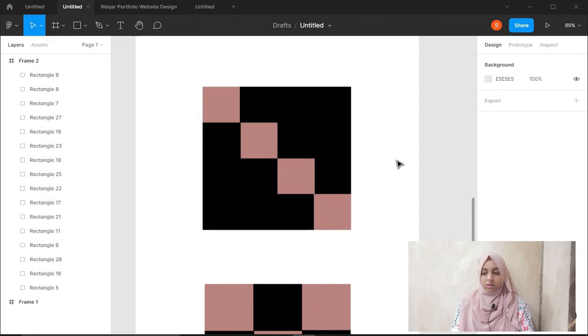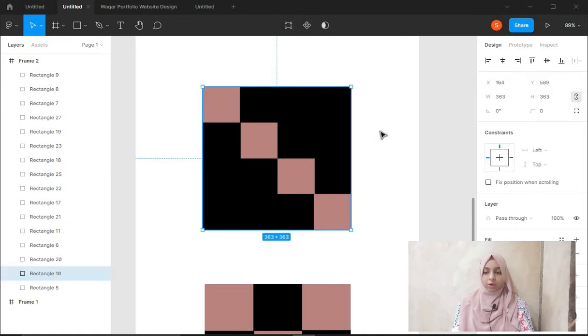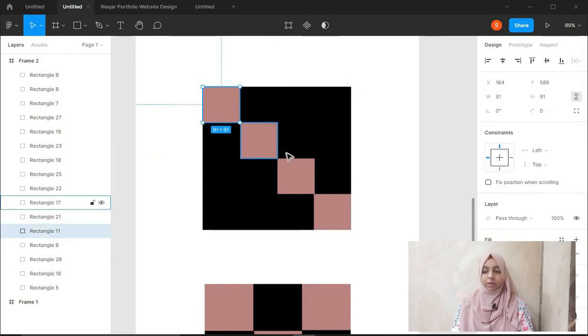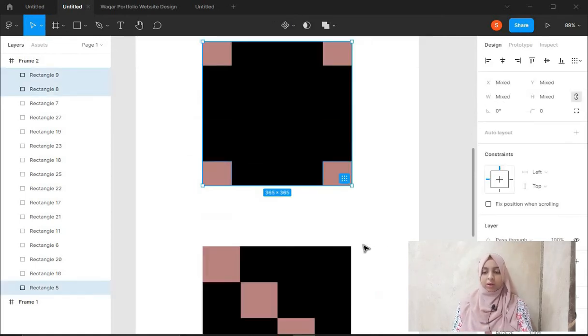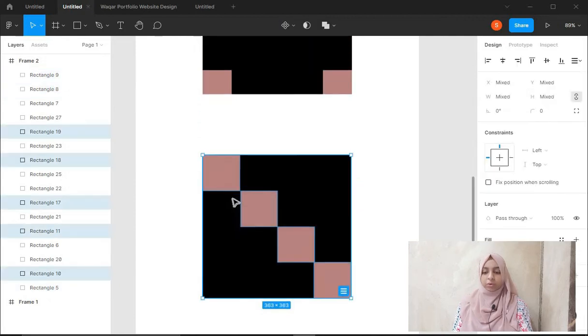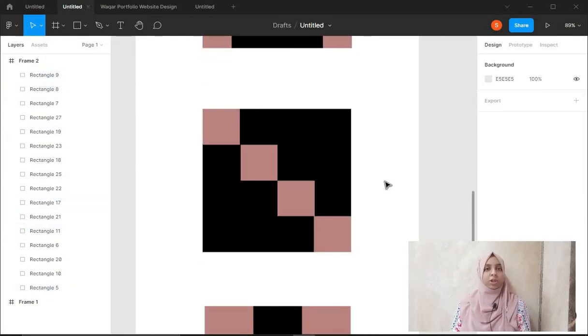Okay, now this is our second design. This is not difficult. This is a 200 by 200 div, your parent div, and then you can have 50 pixels of these 4 divs and then try to set them. If you want to test that you know CSS relative and absolute position, then I suggest pause the video, go try it yourself and just mess around with those positions, and I'm sure you'll be able to do this one. This one is easy. If you understood the first one, then this one should not be difficult for you. So yeah, pause the video, try, and then come back and watch the solution with me.